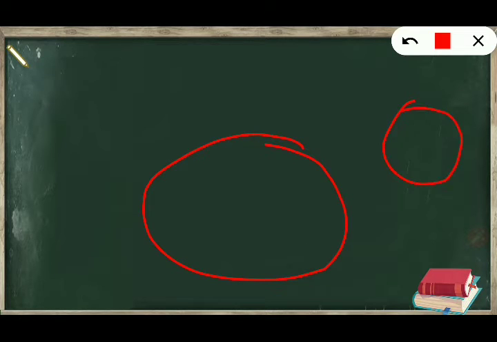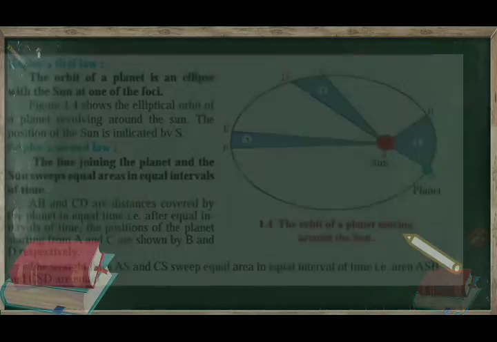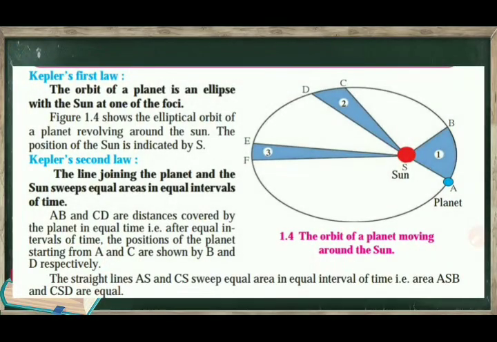Always remember, a circle has a center, and all the points on its periphery are equidistant from this center O. A circle has a single center. Just like this, an ellipse has two focal points, which plurally you can call foci. Always remember this: every ellipse has two focal points.